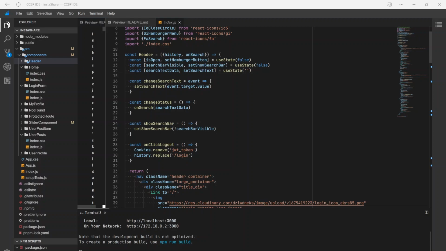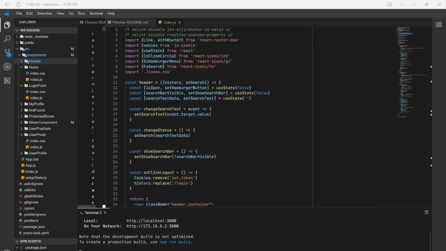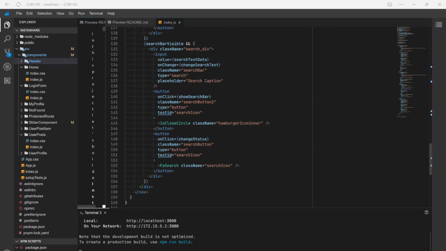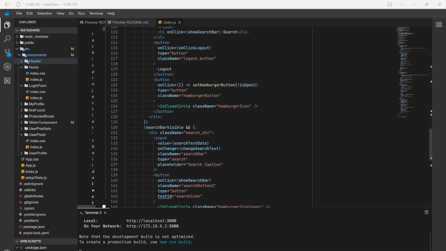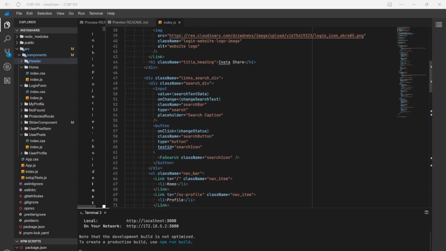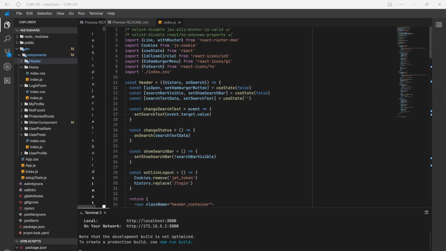Here we are using search text. The change search text handler will be triggered and set search text, given event.target.value, will update the search text. When the user clicks on the search icon, here is the FA search icon, then automatically on change search will be triggered and the search text data will be updated to on search. Here on search